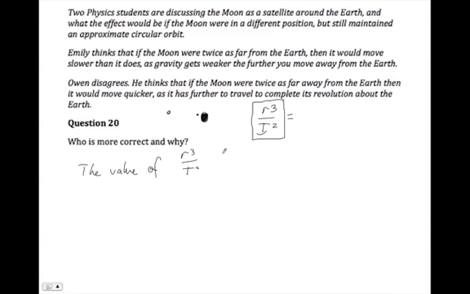So the value of r cubed over t squared is the same for all satellites